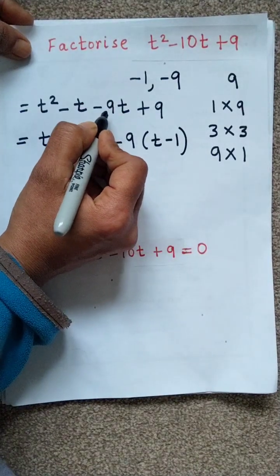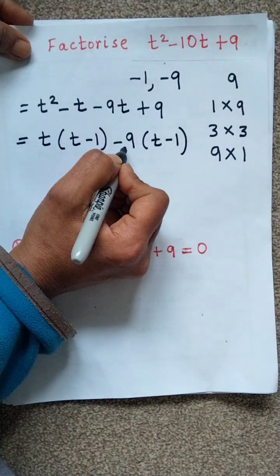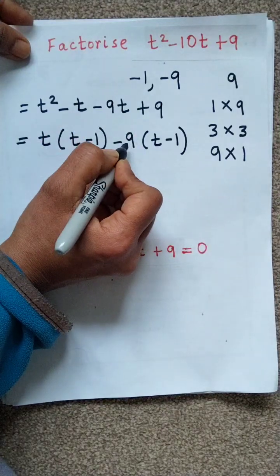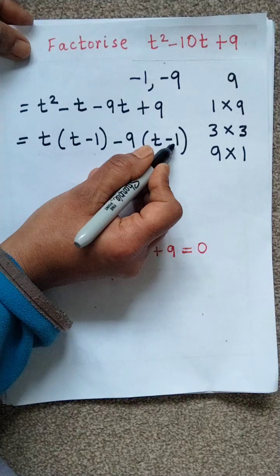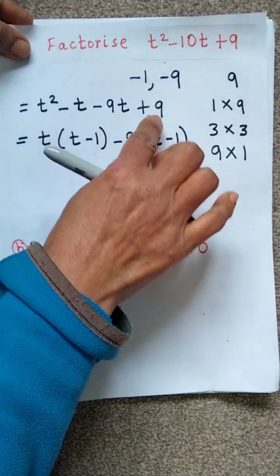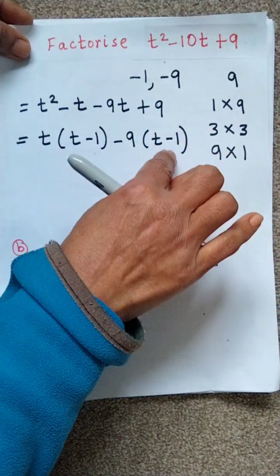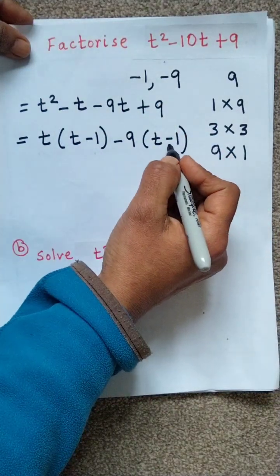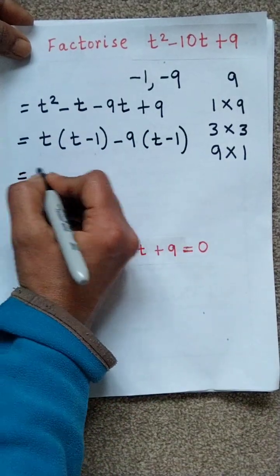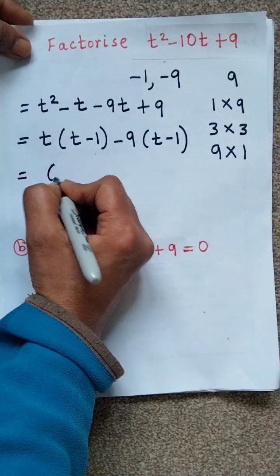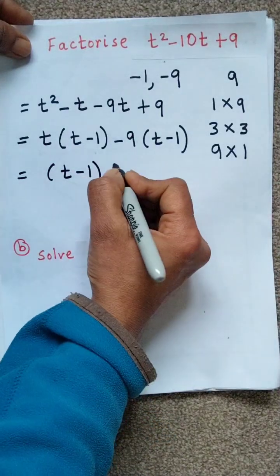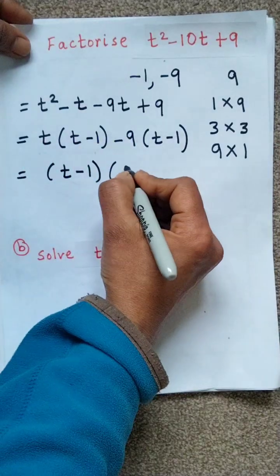This is minus 9 into t. So minus 9 is outside. When we multiply, we get minus 9t. And minus 9 times minus 1 gives 9. So minus 9 minus 1 gives product as 9. So we have put here minus 1. Okay, do not make any mistake over here. Now we write t minus 1 two times. So we write here once in the bracket, and then t minus 9